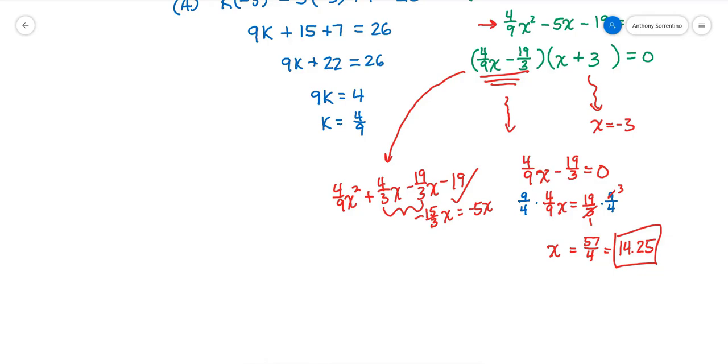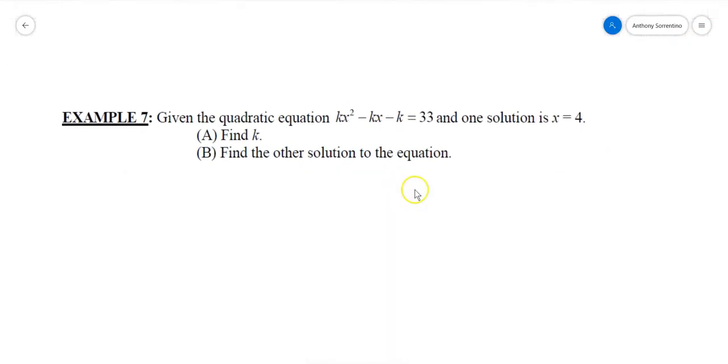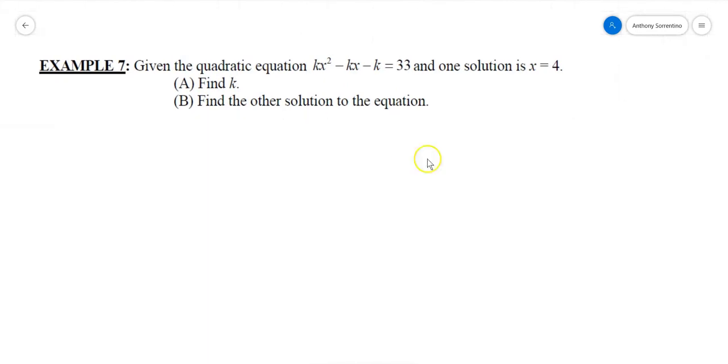Example 7 is a very similar one, except now it has many more k's involved. You're given a quadratic equation which is kx squared minus kx minus k equaling 33, and one solution is 4. They want you to find k and then find the other solution. So again, for part A,